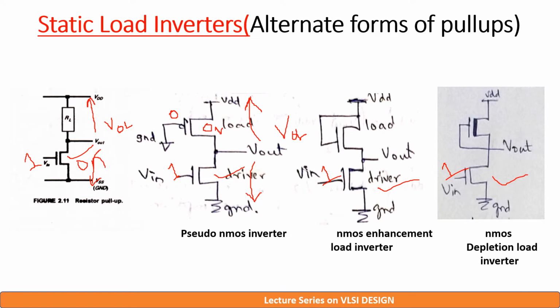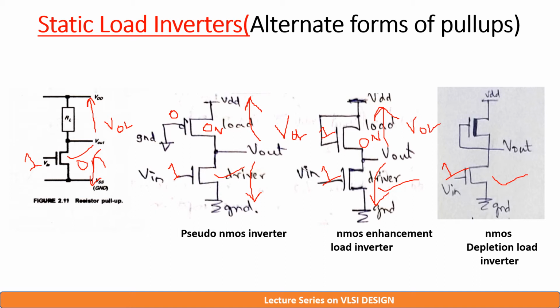In the third circuit, pull down is on because input is 1. Pull up is also on because gate is shorted to drain, which in turn is connected to VDD. It means gate input is logic 1. So again output is pulled towards VDD as well as towards ground. The required output is 0, but since both pull up and pull down sections are on, the obtained output voltage is VOL.